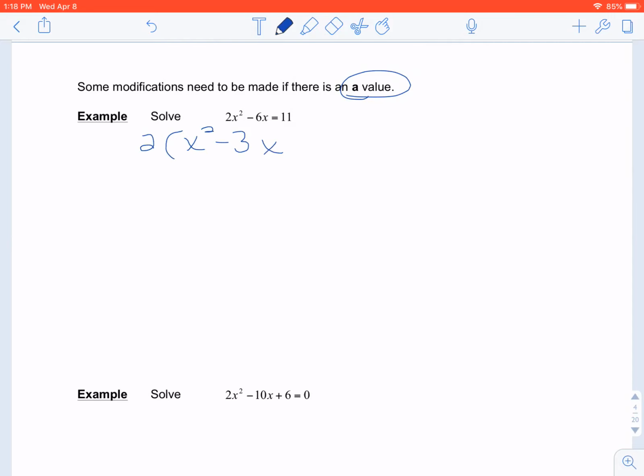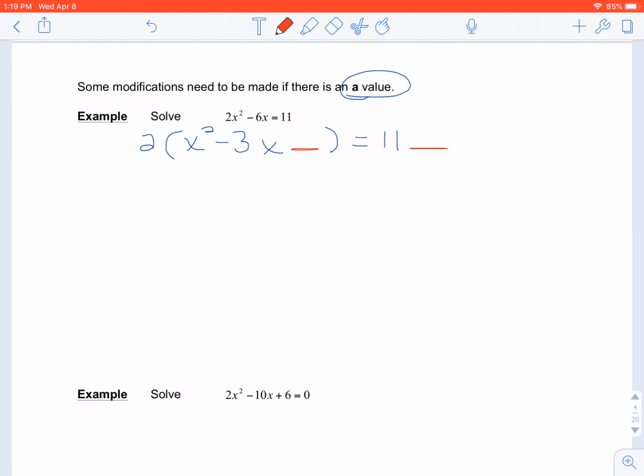The reason we're not totally dividing it from the problem is because our goal is going to be to start graphing these equations, and that 2 tells us something about the graph. It tells us about the steepness of the curve. So we can't divide that 2 out because then we lose that steepness of the curve. So we're going to just keep it there and we're going to factor it out. So now we have this new problem here, and our next step, I left a little blank inside the parentheses,